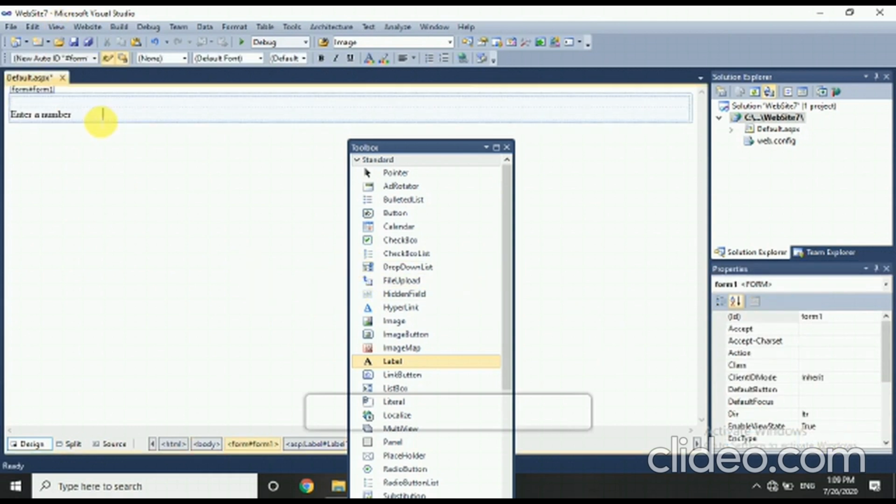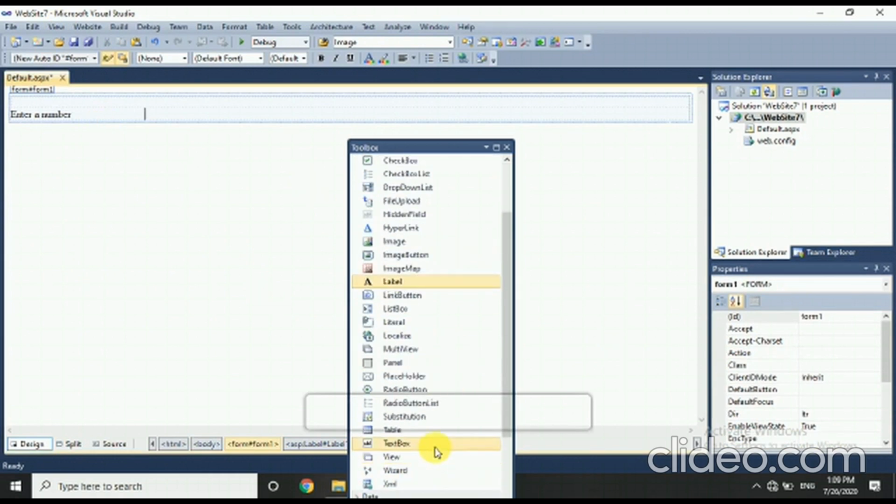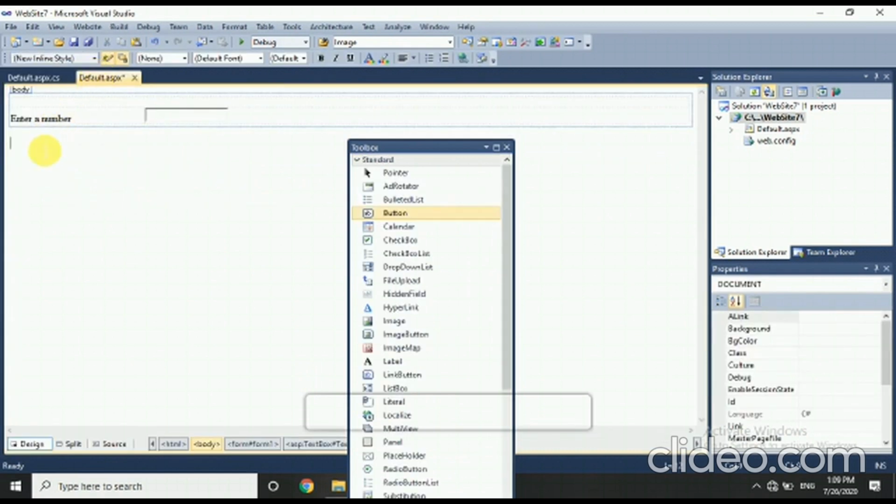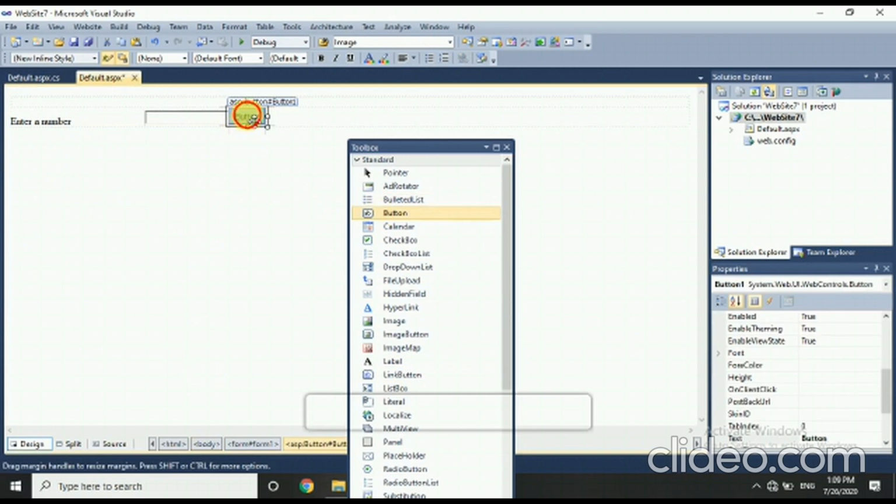Press the tab button, then drag and drop the text box control as you can see on screen. Now in the same way, drag and drop the button control and change the text to Fibonacci series.